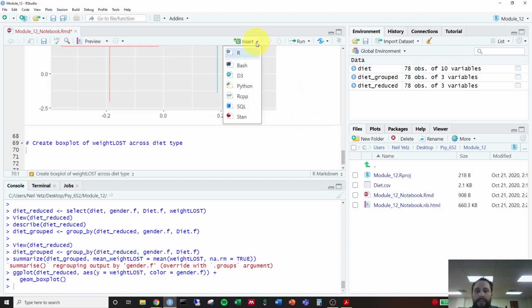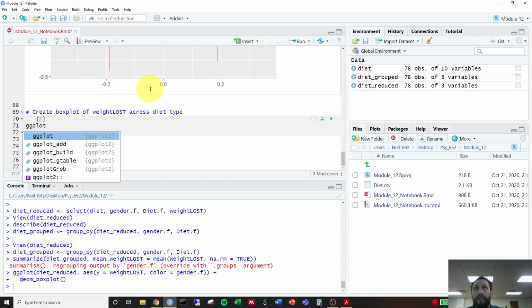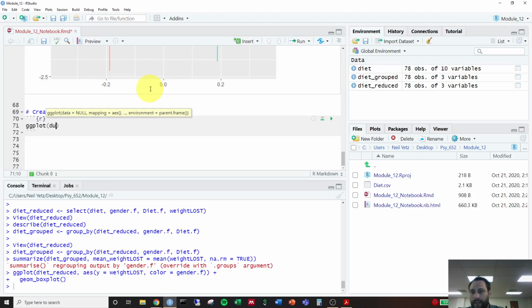And we'll insert a new R chunk. Let's go again, ggplot diet_reduced, comma, set our aesthetic, y equals weight lost, comma. Now we're going to color it by diet.f,